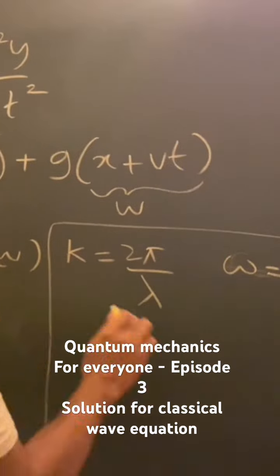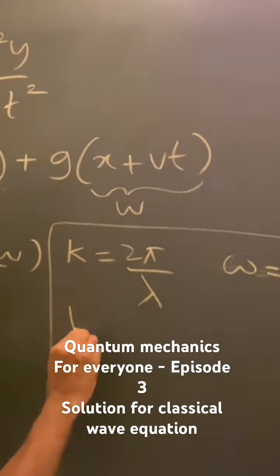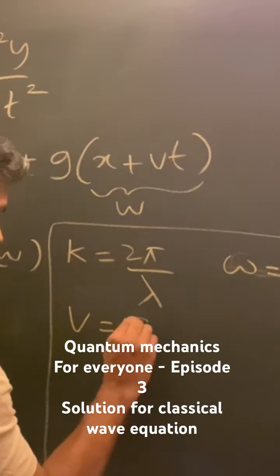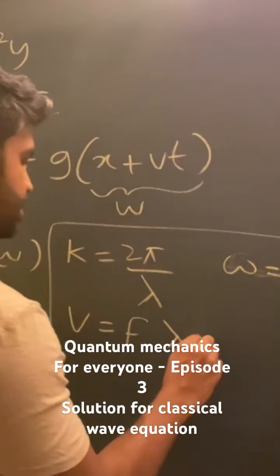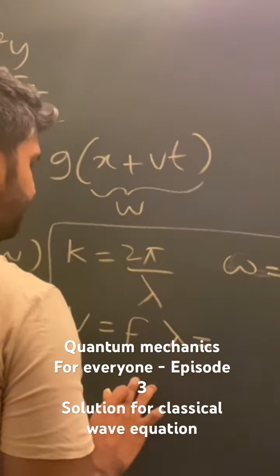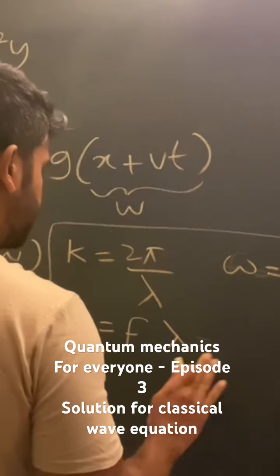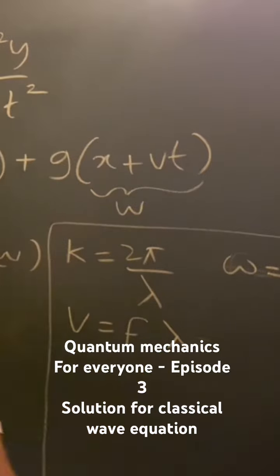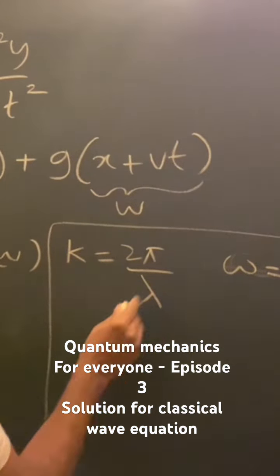So what about this now? We know another one: the velocity is equal to fλ. So what if I go ahead and substitute these values? Let me rearrange a bit. When I rearrange them, I will end up with λ